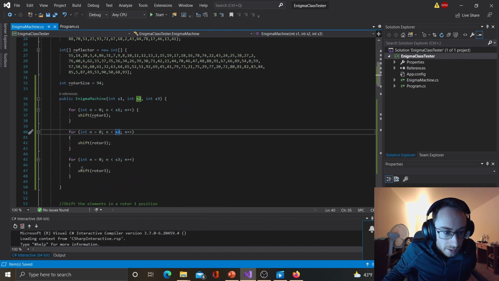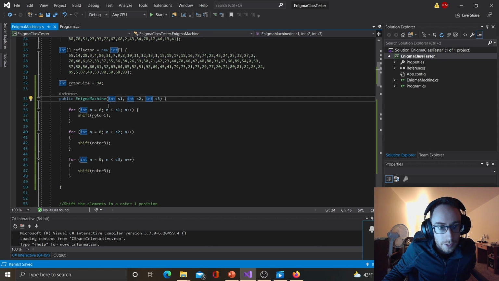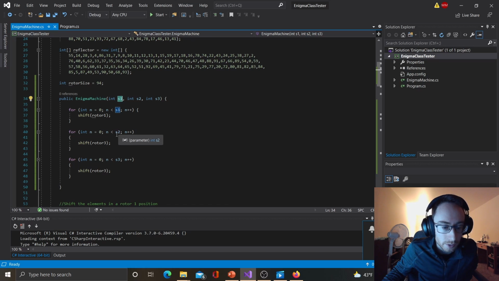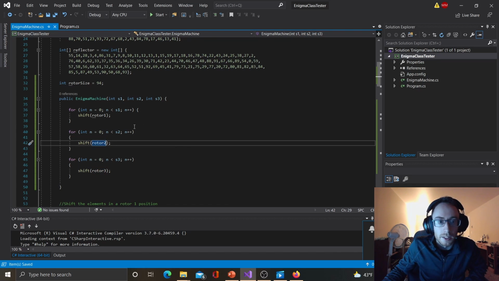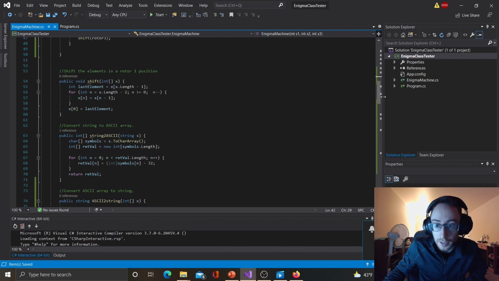Here's our constructor. It's not really doing too much. We just have 3 inputs, and basically these are the settings for the Enigma machine. These are how many shifts you apply to each rotor before you start using it. That's what's going to differentiate two people with the same Enigma machine, how they configure the machine to start encrypting messages. So if this is 5, that means shift the first rotor 5 positions, shift the second rotor 10 positions, etc. Now that we have that made, that should be the last part of the class,